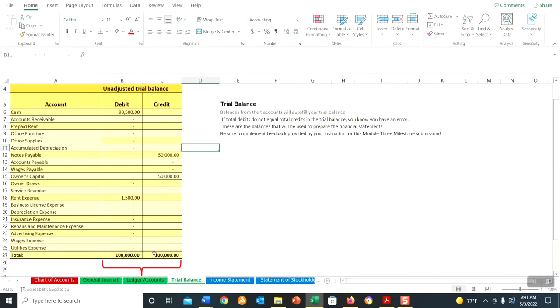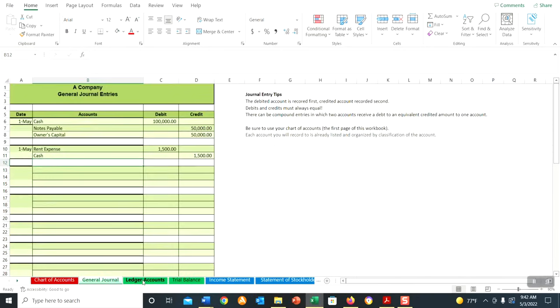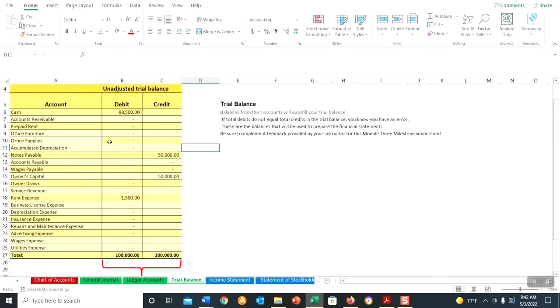If you're not in balance, you want to find the error. Once you feel confident about your results, it's time to submit. But note that you will receive specific feedback on these first three steps that you're completing with this milestone 1 submission. So when you get your feedback, you're able to return to any errors that you may have made in that entry and posting process to arrive at correct balances, so that you can have those correct balances when you begin to prepare the financial statements for the second milestone submission in Module 5.